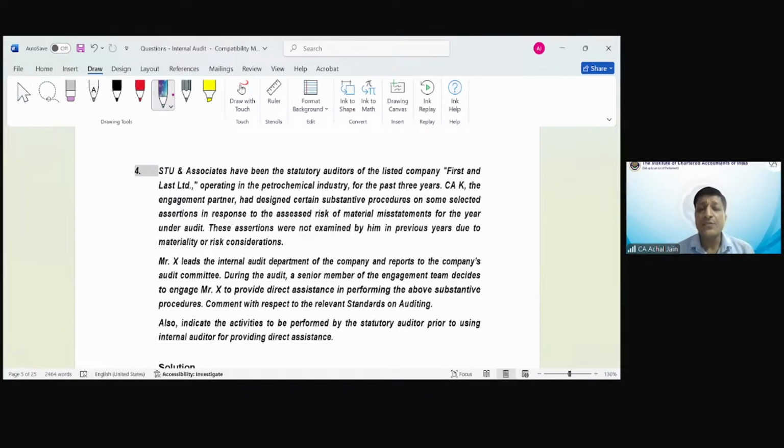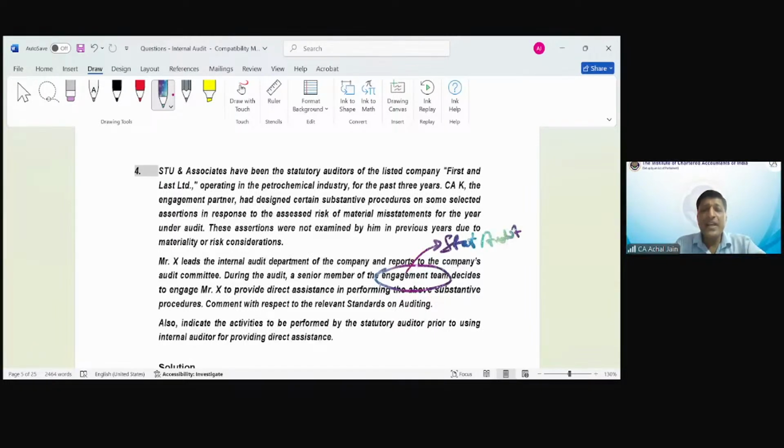These assertions were not examined by him in previous years due to materiality or risk considerations. Mr. X leads the internal audit department and reports to the audit committee. During the audit, a senior member of the engagement team, meaning the statutory audit team,